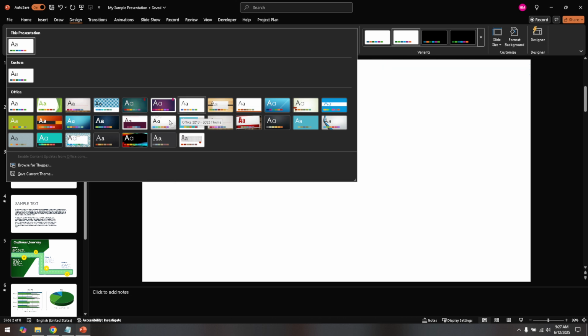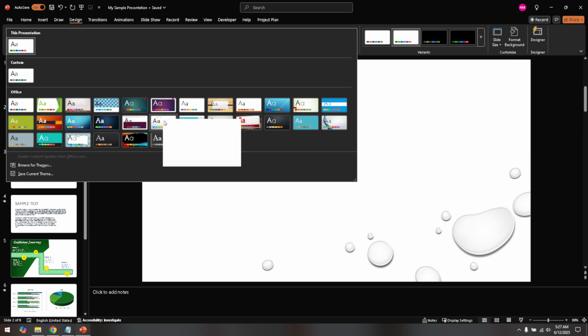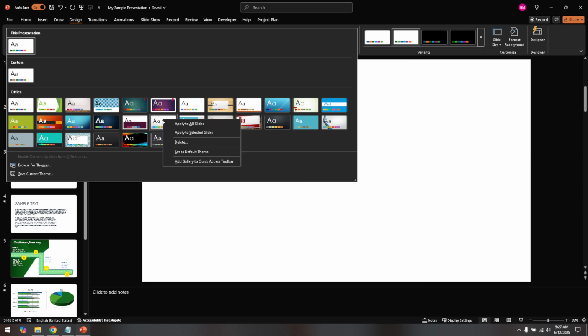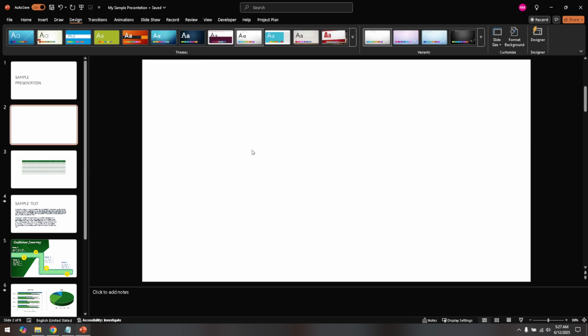Once you've set your sights on a theme, right-click on it. A context menu will appear, and here's where the unique step comes in. Look for the option that says Apply to Selected Slides. Click this option, and voila, the theme is now applied to just your selected slide, leaving the existing theme on your other slides unchanged. This technique allows you to highlight specific information or create a visual transition in your presentation,